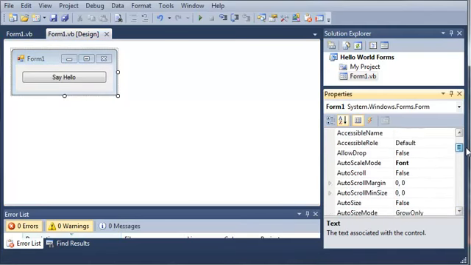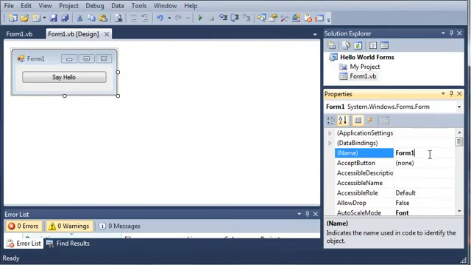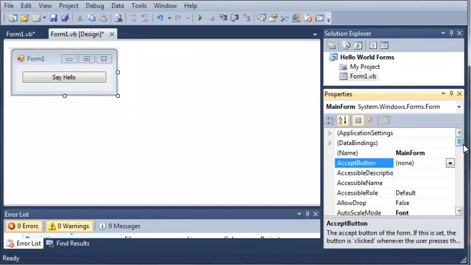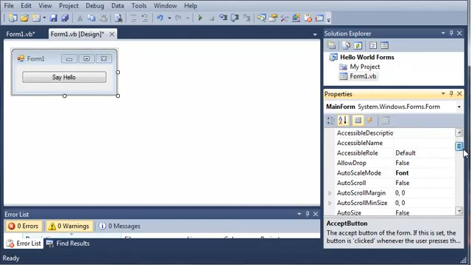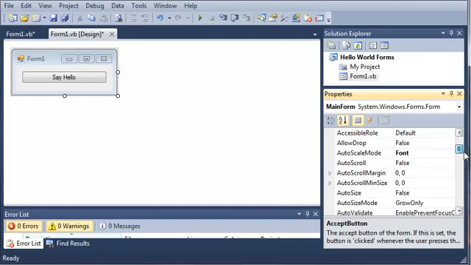Now there's a lot of stuff you can do in here. First off, there's the name. And just like anything else, any buttons or lists or labels, you want to have a name for your form that's going to be easy to remember if you're going to be using more than one form. So we'll just call this one main form. Okay, so you can see that we've got a bunch of options right here. I'm just going to go ahead and cover some of the most important ones and the ones that you're going